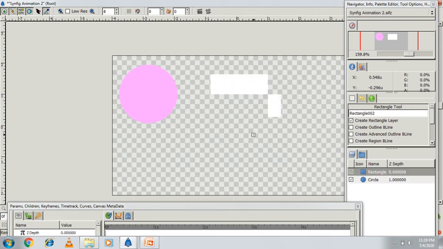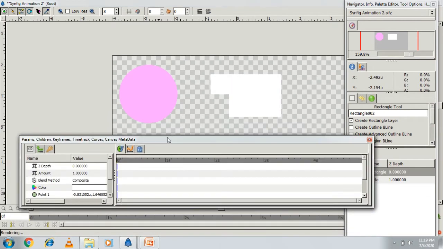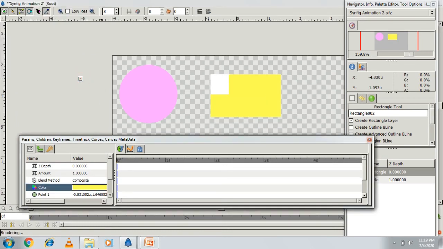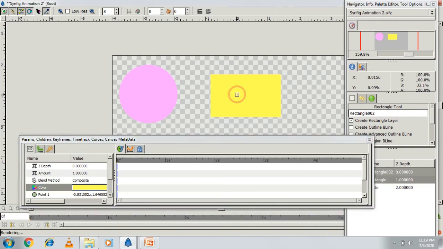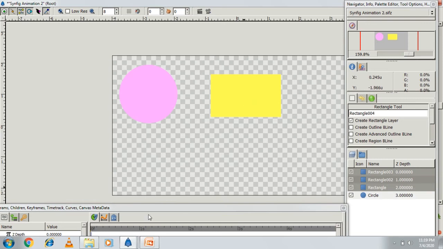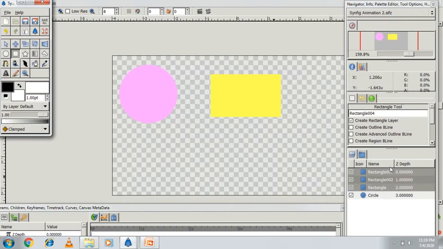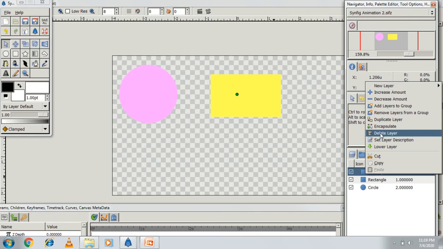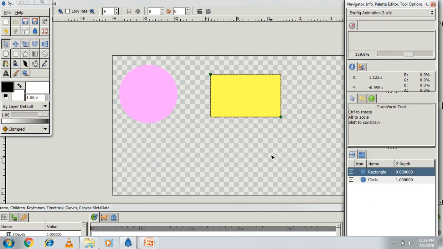Again, if you want to change the color, go to the params panel and you can change the color of the rectangle. Understood, students? So this is your rectangle. By mistake we have drawn three rectangles, we want only one, so delete the other layers, otherwise it will disturb you when you want a perfect animation.